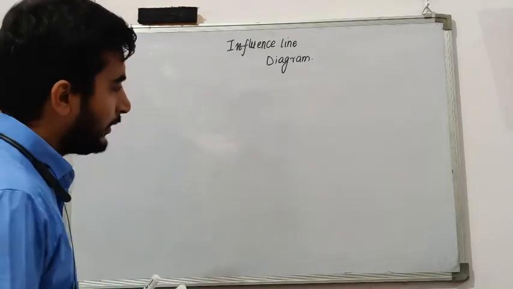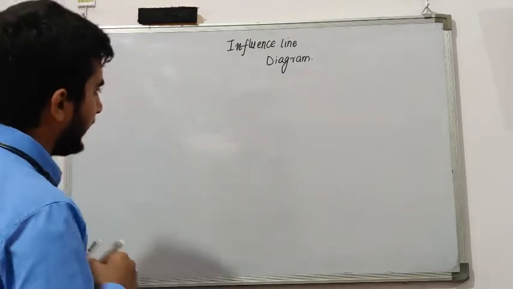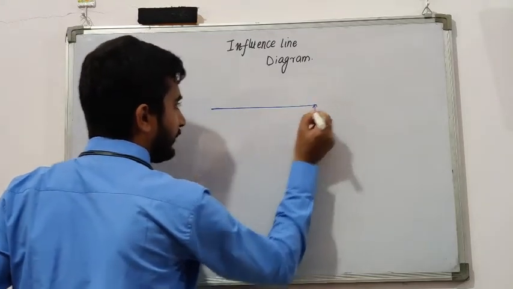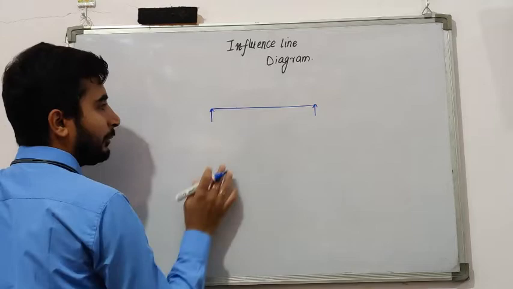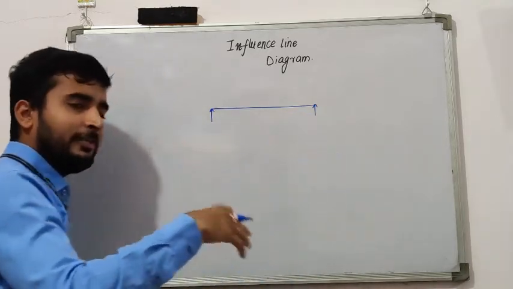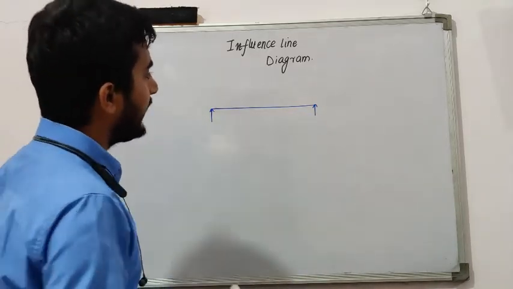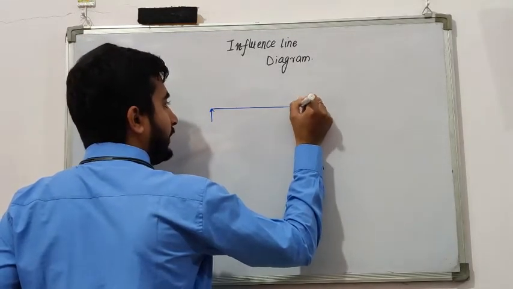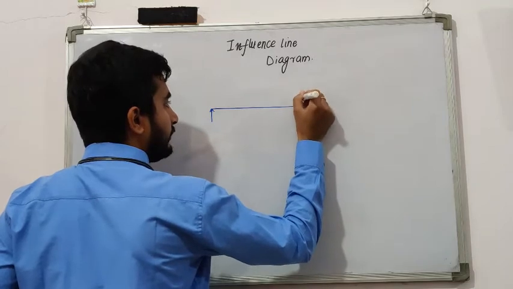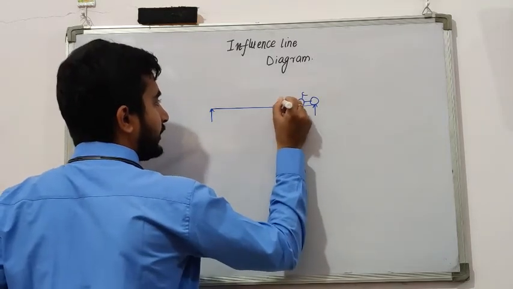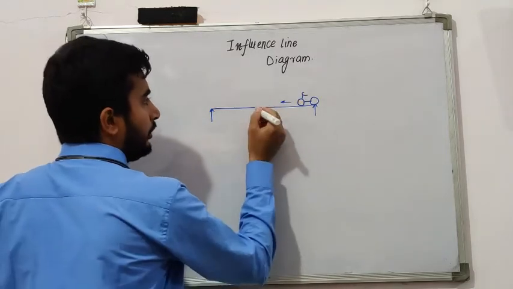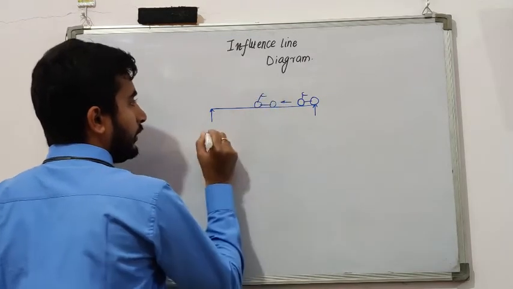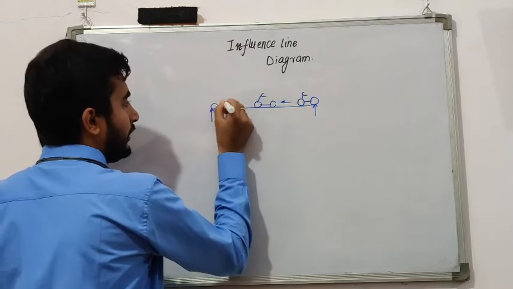I'm not getting into the concepts right now, but say this is your bridge, and these are the supports. These supports may be any kind of supports, we shall discuss that later. These are the support reactions for your bridge. You start your bike from here and move in this direction. So your bike will be at some position here, and at some position here also.